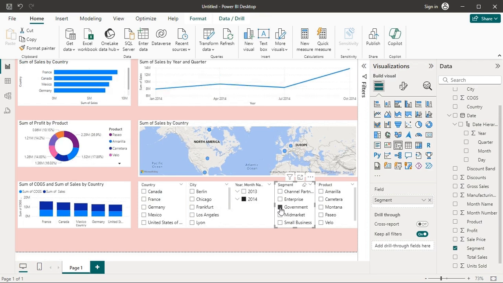That's it. We have built a dynamic interactive dashboard in Power BI from scratch, covering everything from data import to visualization and interactivity. This dashboard can help you make informed decisions based on your data.